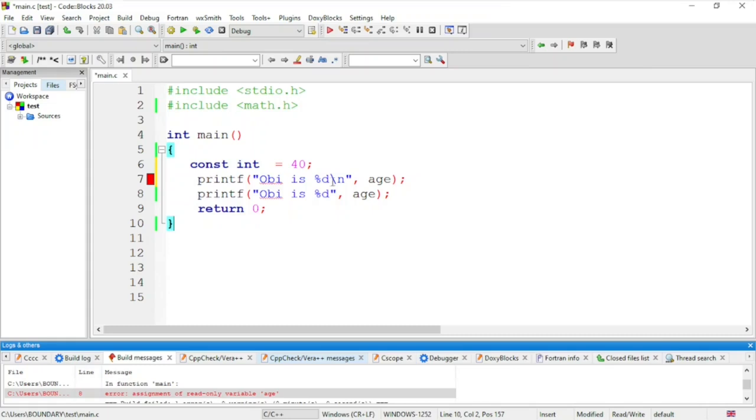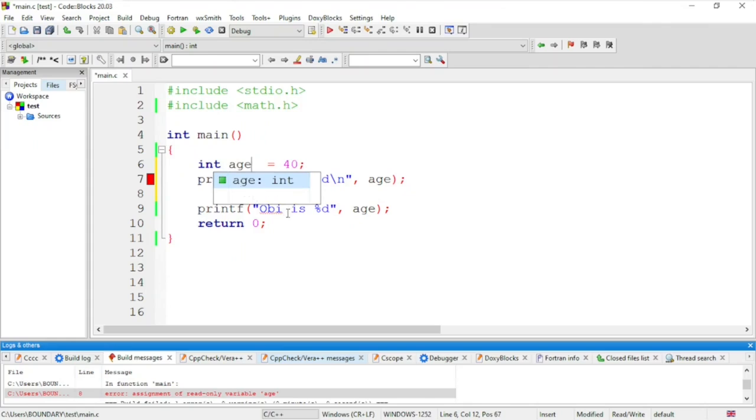Now, we just said age is 40. And at some point in our story, we wanted to print out that age is 41. So how do we do that? I'm going to remove the const first because you can't change the value of a constant variable. And in here, we want to change the value of age from 40 to 41. Sorry, I'm supposed to do int age. Now, instead of assigning a new variable and calling it int age2 equal to 41, we don't have to do this. All we have to do is come here and write age